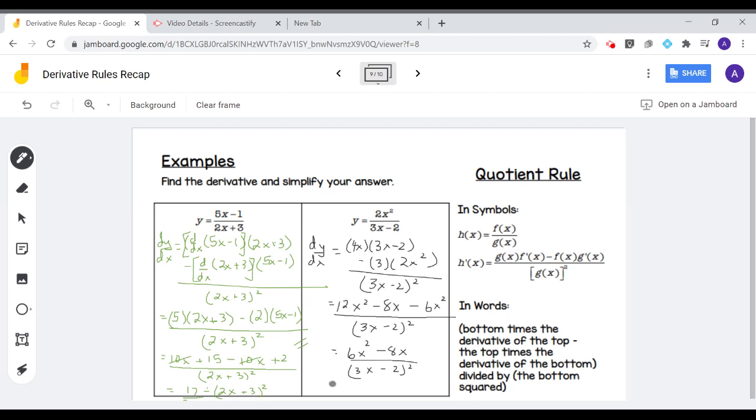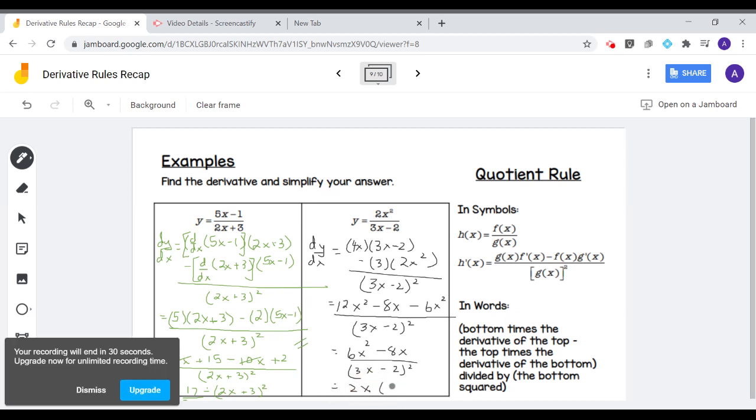Now I could also factor out a 2x there if I want to be extra fancy. It's going to give me 3x minus 4, and that is all over, sorry I ran out of space here, 3x minus 2